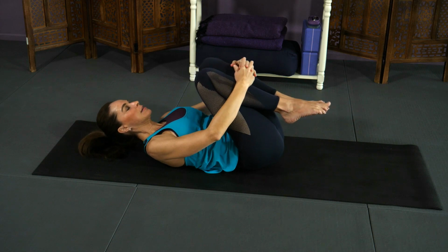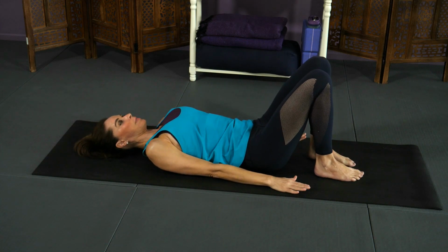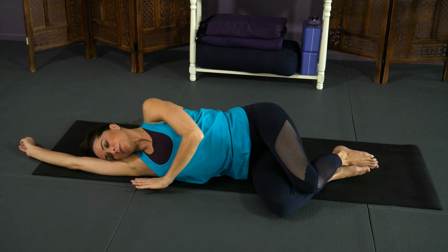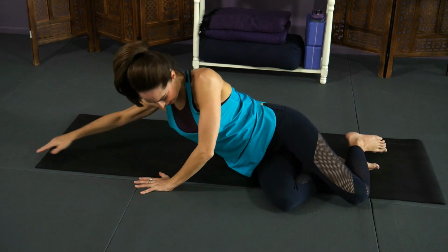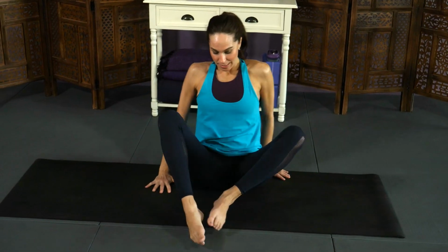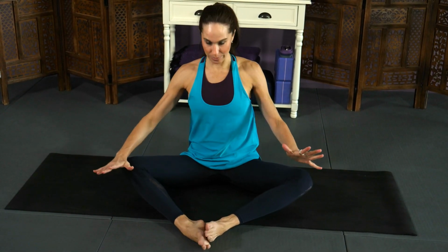Slowly release. Let the soles of the feet come on down to your mat. Reach your right arm over your head. Let's just roll on over to our right side. And slowly press yourself on up. Make your way into a seated position of that of Baddha Konasana, where the soles of the feet